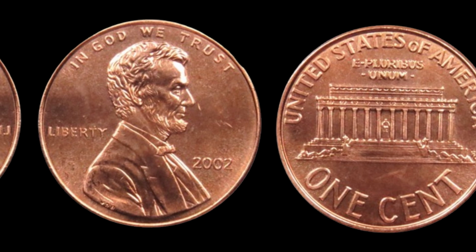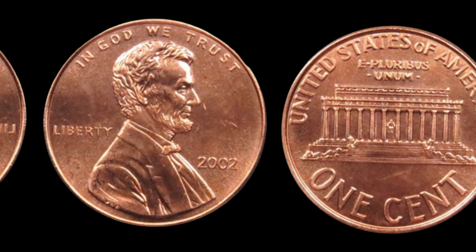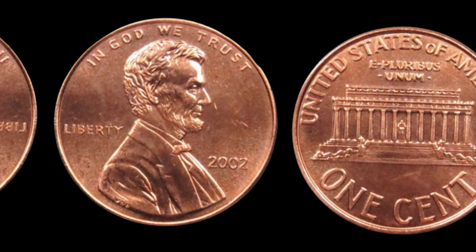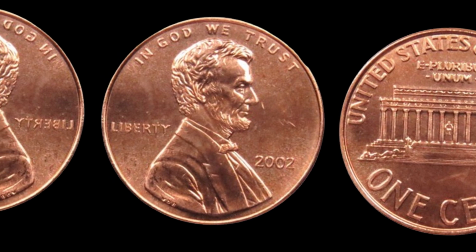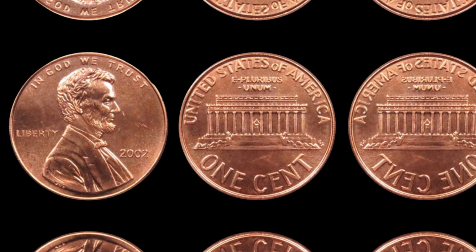If your penny is in exceptional condition, it could be worth having it professionally graded. Professional grading is a process where an expert evaluates your coin's condition and assigns it a grade. The higher the grade, the more valuable your penny could be. For the 2002 no-mint mark penny, coins that grade at MS-67 or higher are the ones that have fetched the